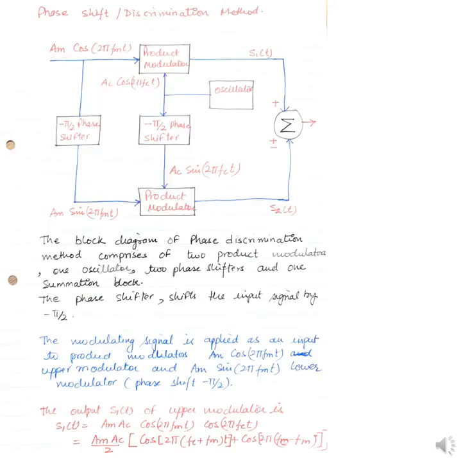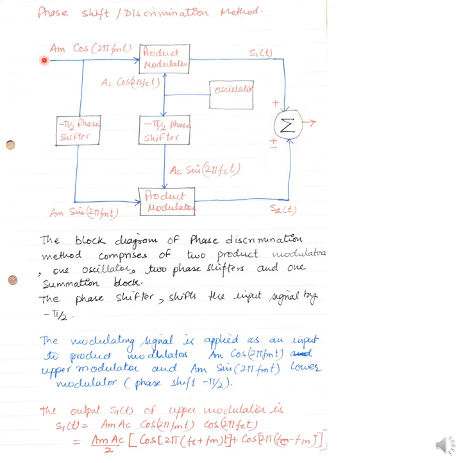The second method is the phase shift, or you can say phase discrimination, method. Discrimination in the form of the type of shifting we are bringing. So we have two product modulators here, on the upper side and lower side, and we have a pi by 2 phase shifter. When I say pi by 2 phase shifter, it is shifting by minus pi by 2, and we have a minus pi by 2 phase shifter at the input side also, and this is in the modulator. For the modulator we have a local oscillator and an adder, or summer, you can say.